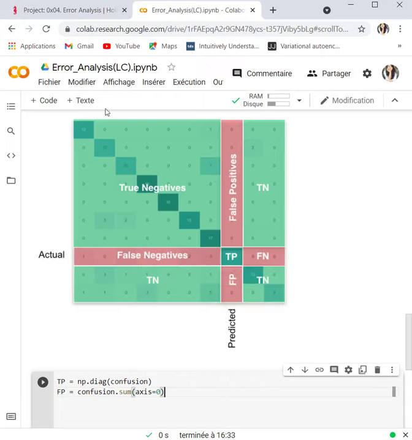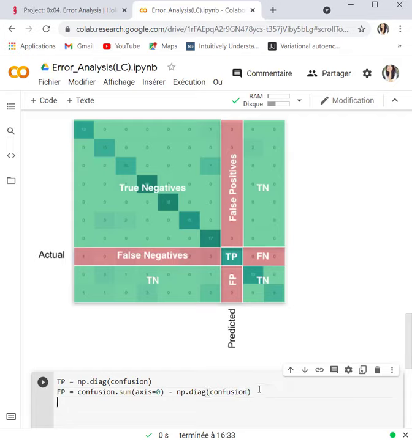Here I'm going to sum over the columns, and then eliminate the true positive values, the diagonal values. This is for the false positive.